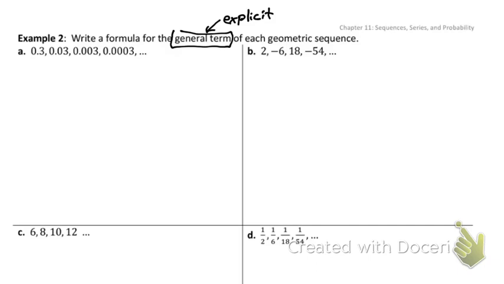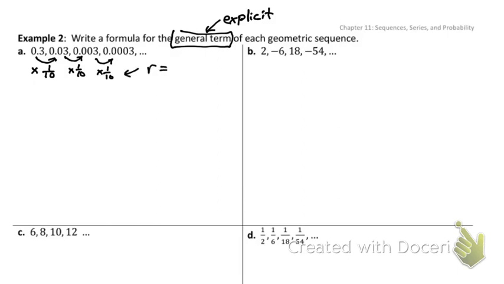All right, so we're supposed to first determine if it's a geometric sequence. So if I do 0.3 to 0.03, well, I'm moving 1 decimal place down. So I must be multiplying by either 0.1 or 1 over 10. To go from 0.03 to 0.003, we'd multiply by 1 over 10. And finally, we'd multiply by 1 over 10 again, which means, in fact, it is geometric. I told you it's geometric, but it's always a good idea to check. It is geometric